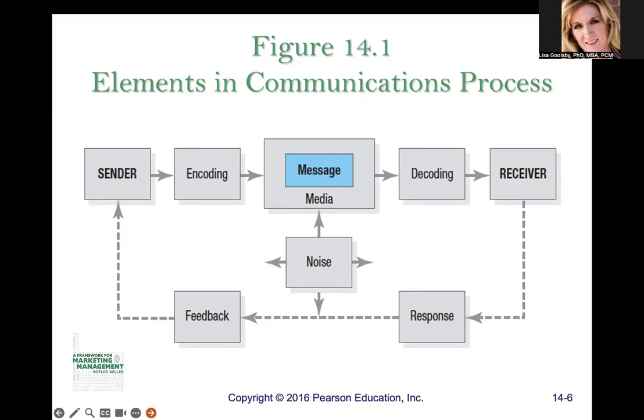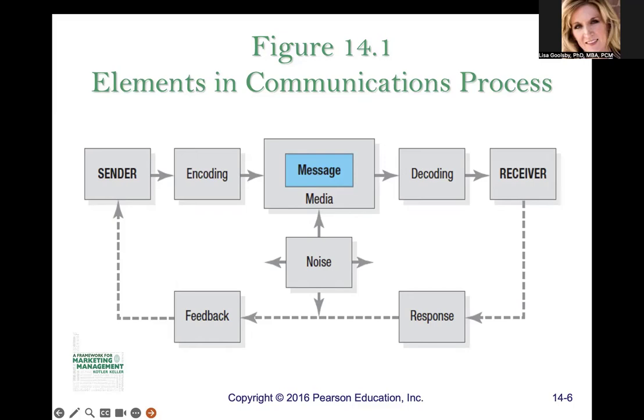And it's decoded based on how you view it, listen to it, receive it. It's also decoded based on your breadth of experience and anything that's surrounding you at the time. The receiver should be the target market, the consumer that you want to inform, persuade, or remind. So in this process of sending the message, there's noise all around us, and that noise and that market for